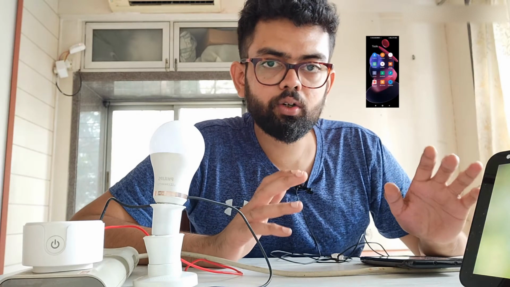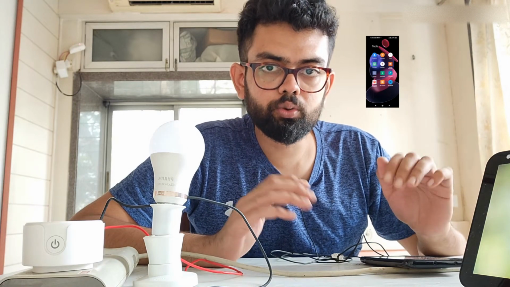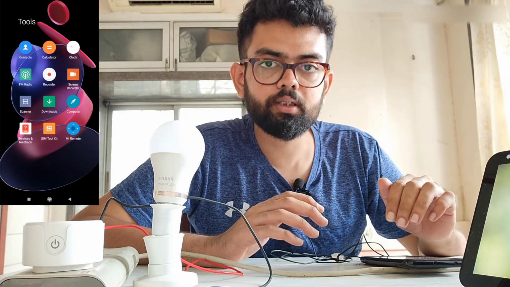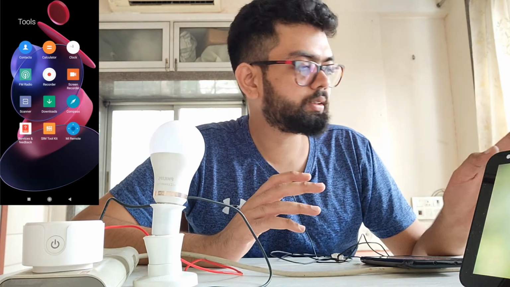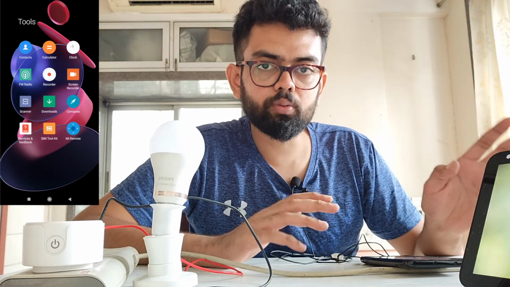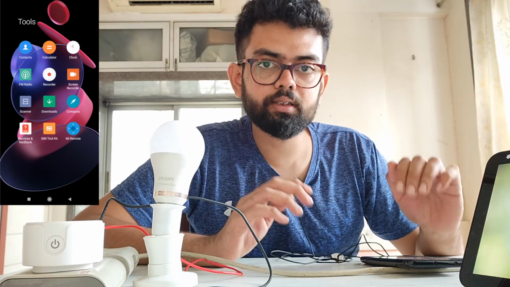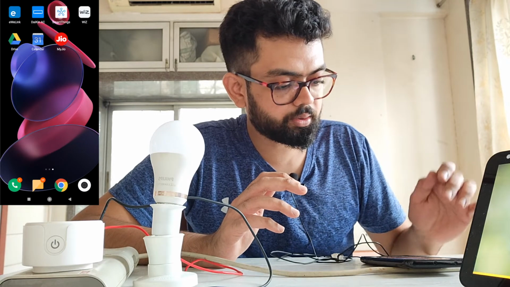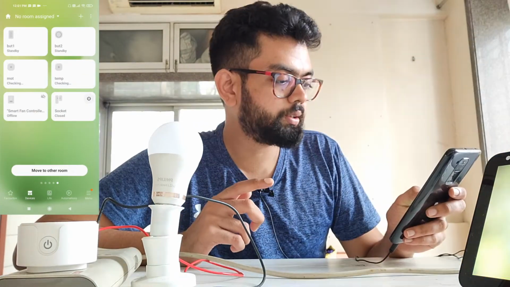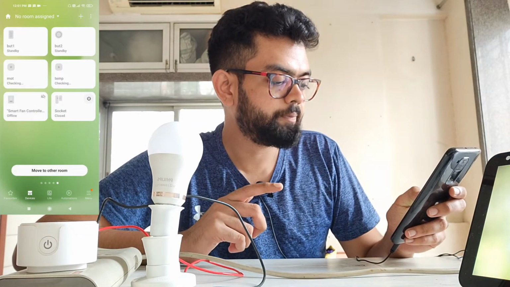Here I had logged in with the same ID and password which I'm using in the Samsung SmartThings application, and also all my devices have been integrated with this. Once I make a device handler, it will automatically get integrated inside the Samsung SmartThings application. So we'll just go ahead and open the Samsung SmartThings app. As you can see, the socket has been synced.